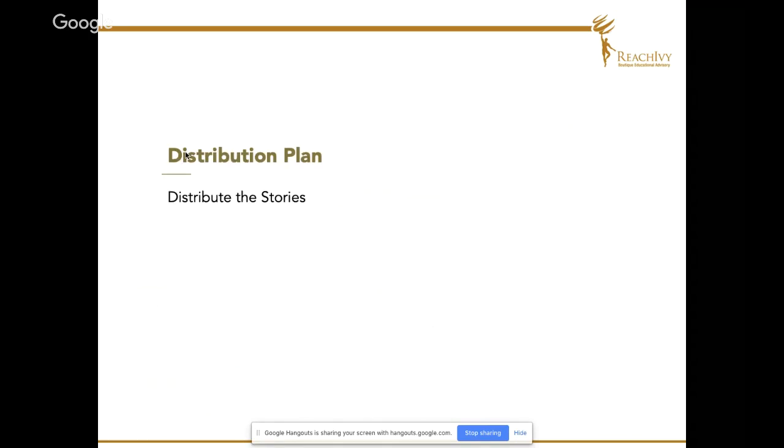The next part is, of course, the distribution plan. Now, every school has a different application process, and they vary. The questions in the form vary from school to school. The number of essays the school asks vary. The types of recommenders. So some schools require only supervisor recommendation. Some schools specifically ask for a peer recommendation. So make sure you make a note of these things.